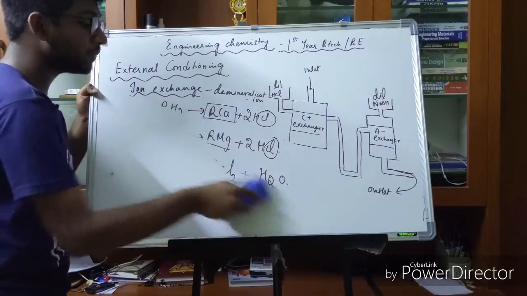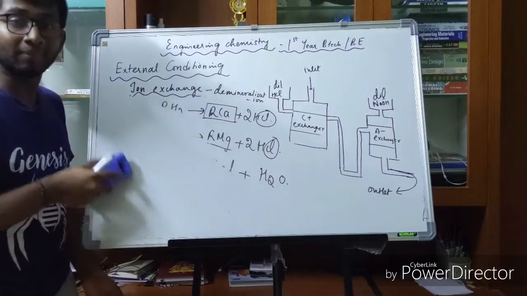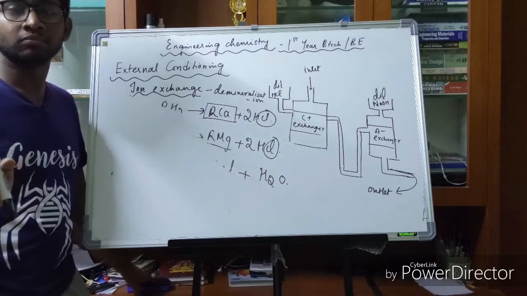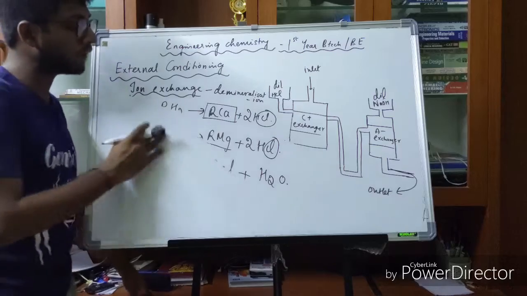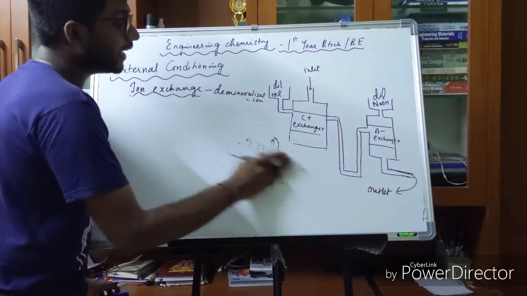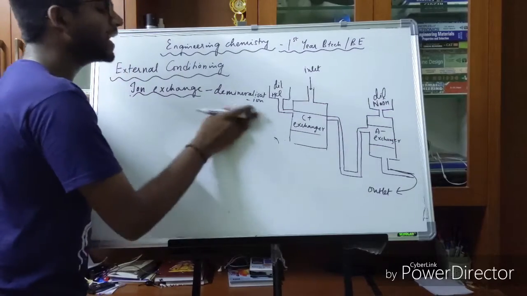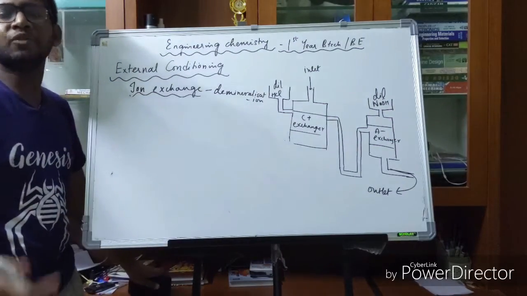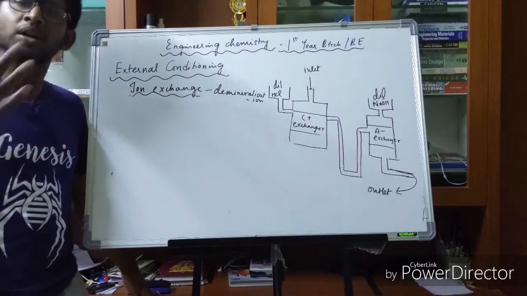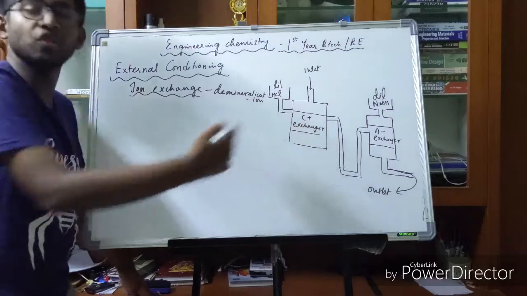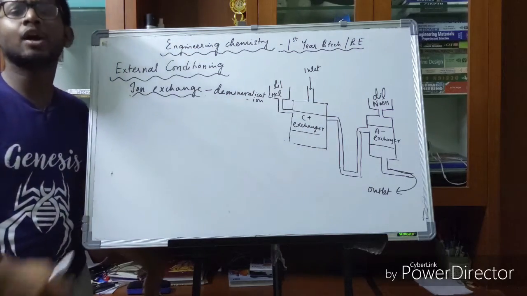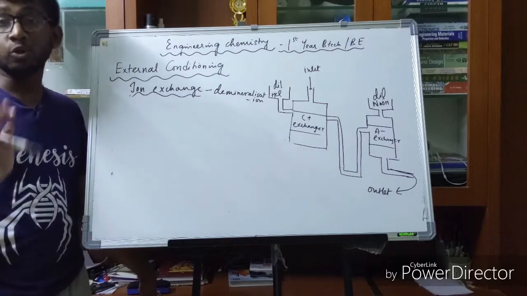Now the various advantages of this process are: the first one is it removes hardness up to 5 ppm. What I mean by this is your hardness level will be 5 ppm in the end. So up to 5 ppm, you can remove hardness. And apart from that, it can remove hardness of highly acidic and alkaline water. Normally, in some cases, a lot of acidic gases might cause a problem to the setup. But for the setup which you use for the removal of hardness, there are no such issues. Let it be highly acidic or highly alkaline, there are no issues.